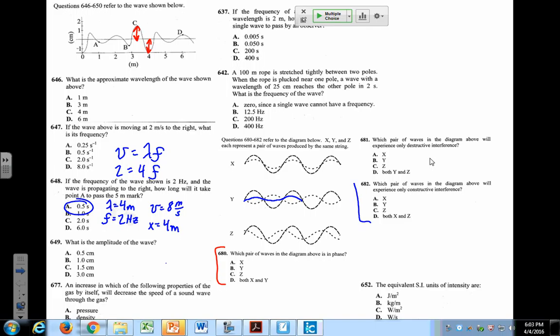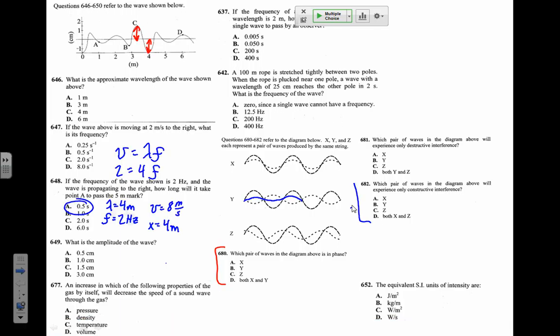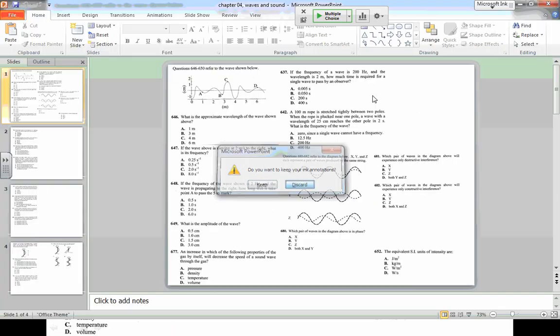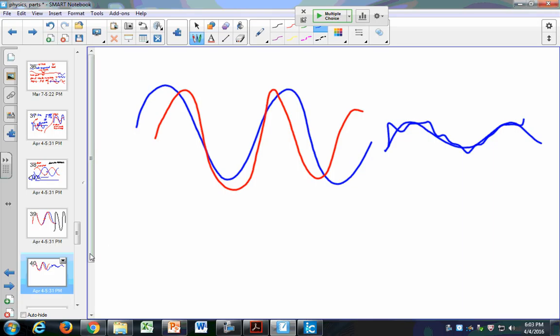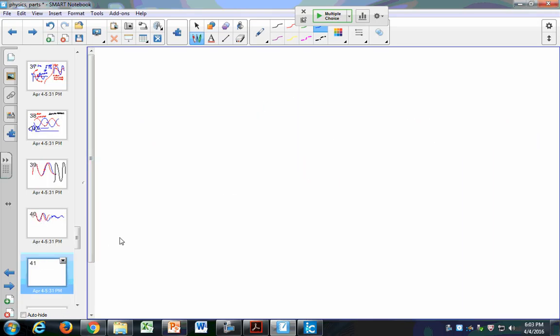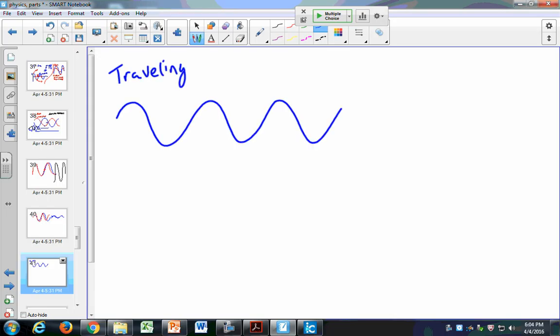Let's look at standing and traveling waves. So if you have a traveling wave, that means that the wave just continues to travel down a string. Like say for example you have your hose and you do it like that, or a rope or something, and the wave just travels down the rope or the medium or whatever it is. But you can also have standing waves.